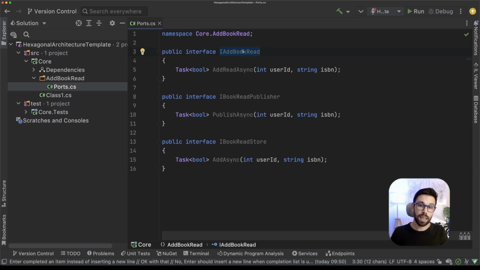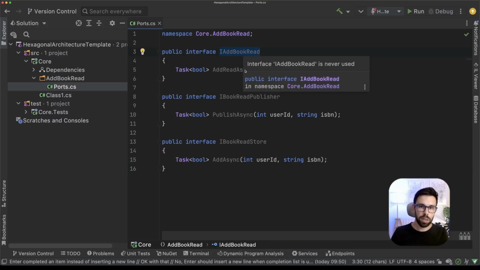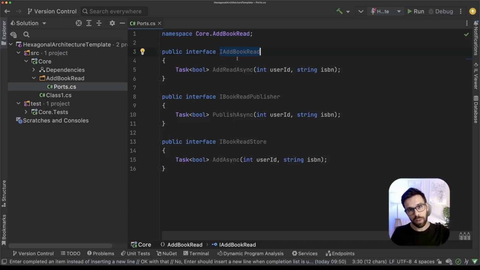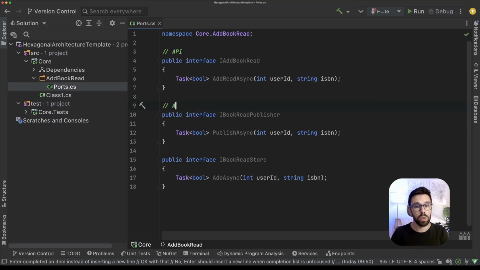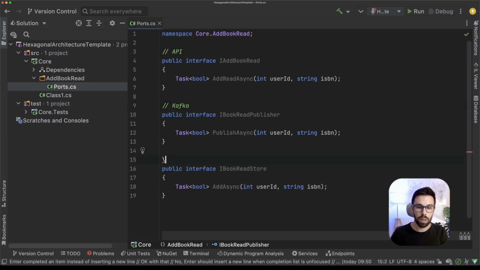One is this IAddBookRead. This one will represent the inflow of information. So this is for my driving side of the application, and the other two are for the driven side. You can think about it like this: this one will be used by my API, this one, IBookReadPublisher, will be used by Kafka, and this one will be used by Postgres. But if you understand hexagonal architecture, you know that since this API will only know this thing, now